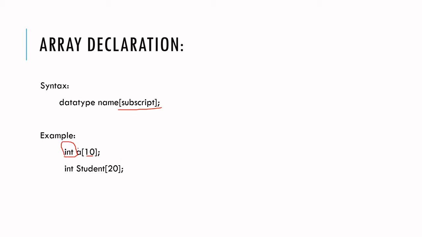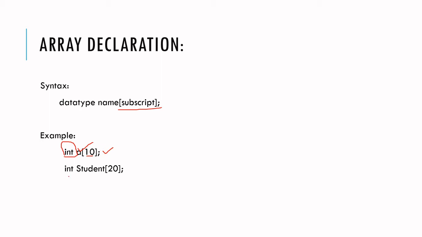It means this array A holds only integer values. How many values can it store? It can store up to only 10 values because 10 cells are allocated there. That's why only 10 values can be stored in this array. It can hold 10 elements, or we can even store 5 elements, there won't be any problem. But if it exceeds the maximum size of the array, you will definitely get an error message. So the capacity of the array for this example is 10 only.